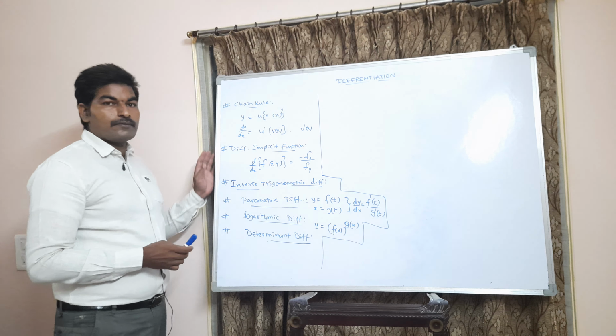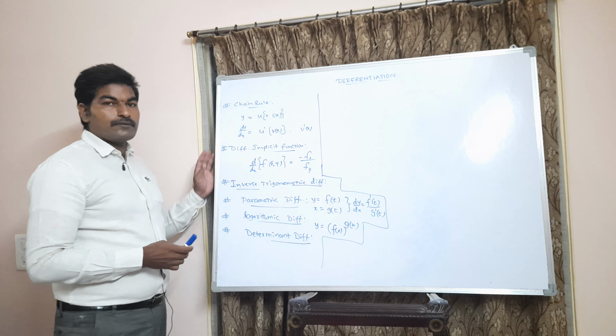Suppose y equal to u of v of x, then the derivative of this composite mapping would be: first of all you have to differentiate the function u with respect to x, then it becomes u dash of v of x. Next, you have to continue the differentiation to the internal function, which is here present, v of x. The derivative of v of x would be v dash of x. Hence the completion of the differentiation.